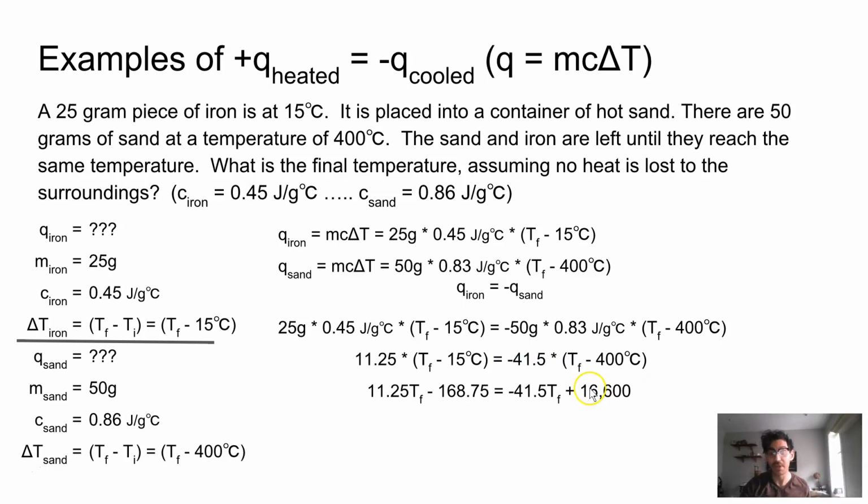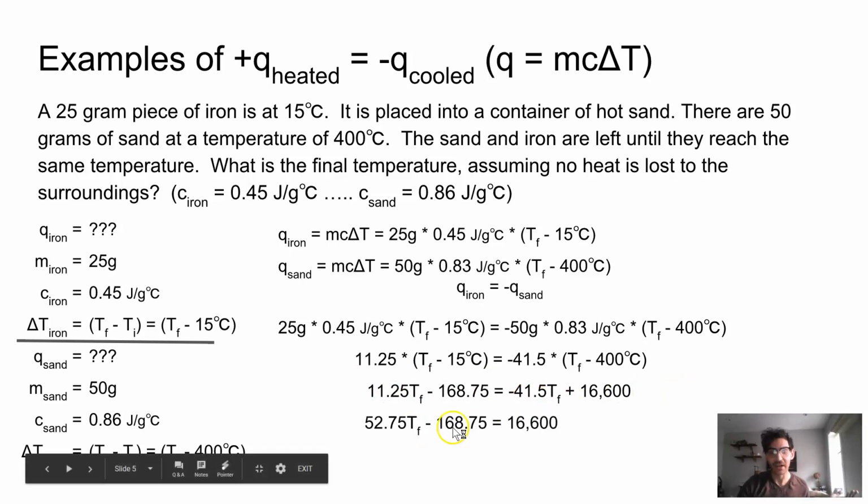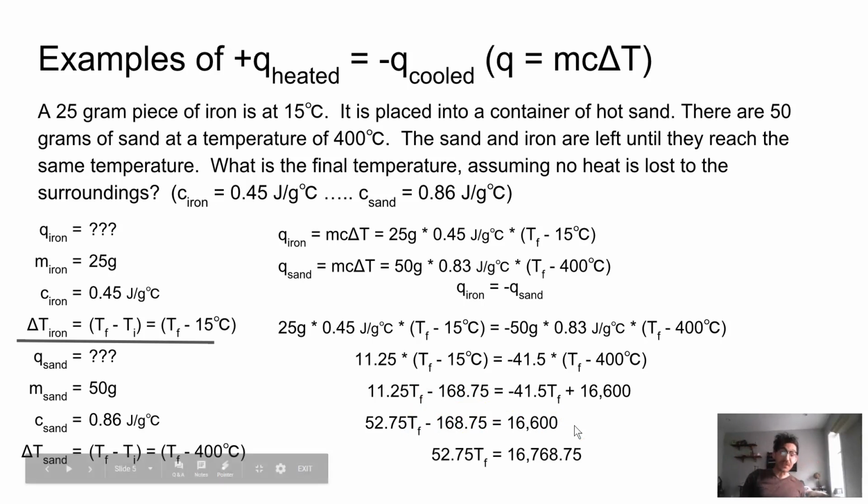Cool. Well, now what I'm going to do is consolidate my like terms. So I'll bring this TF over to here. I'll add 41.5 TF to both sides. Neat. Then I'll add 168.75 to both sides. So this is gone from here. That gives me 57.75 TF. The final temperature equals